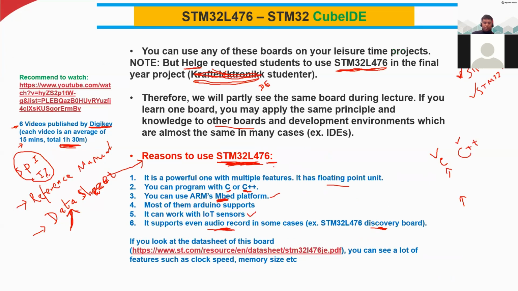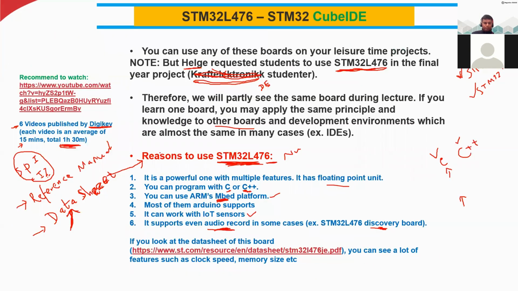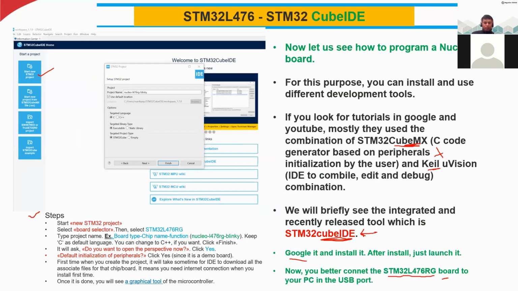So this is the board version Nucleo 64. You had seen here Nucleo 64. This is your board version. And then after that you have to click the MCU. Yes, you have to first select the board and then you select the MCU version, that is the L476 RG,